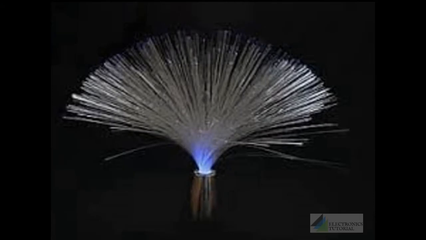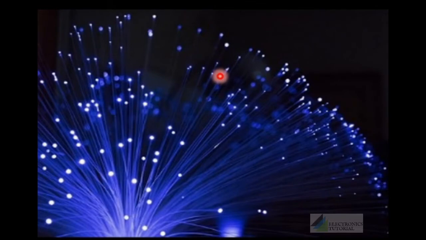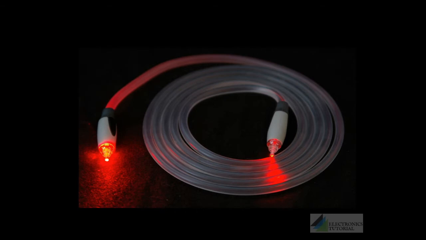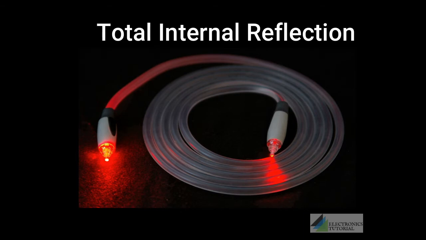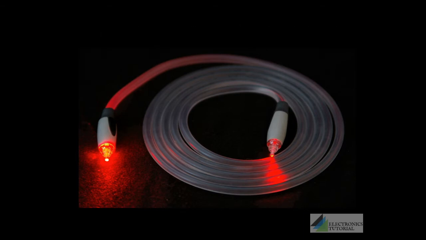Most of you have seen optical fiber cables. This is a home decor item using optical fiber cables. At the tip of the fiber, we will be obtaining light signals. This is an optical fiber cable. Light source is focused onto one tip of the fiber, and we can see traveling through the entire fiber, the light beams will reach the other end of the fiber. The working principle used here is total internal reflection.